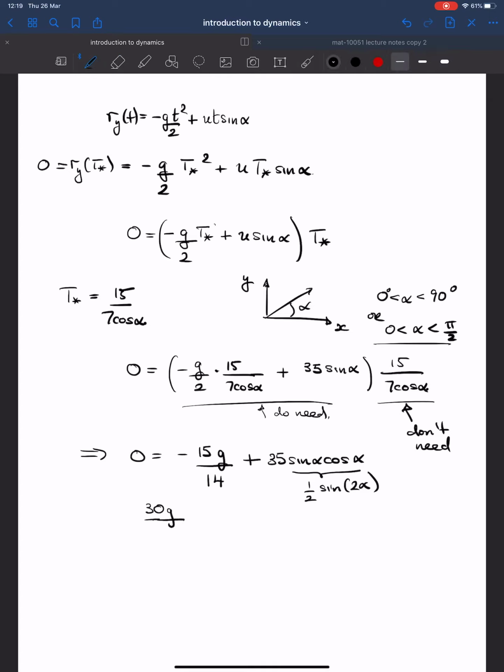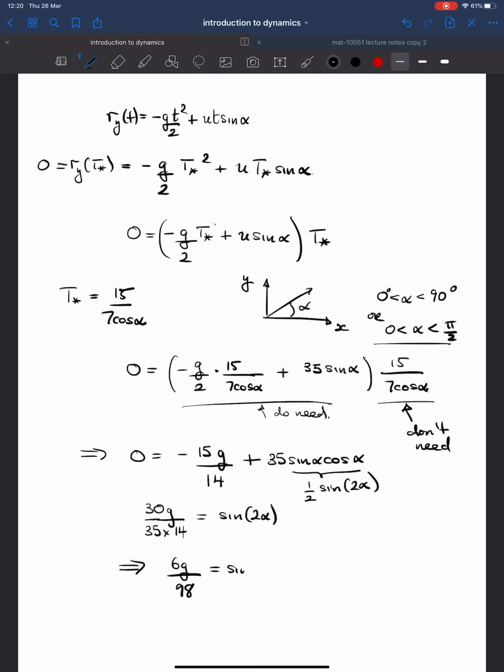So multiply through the equation by 2 and divide by 35, so we get this, equals sine 2 alpha. Of course, this can be simplified to 6 over 7 times 14. So we have 6g over 7 times 14, 98,